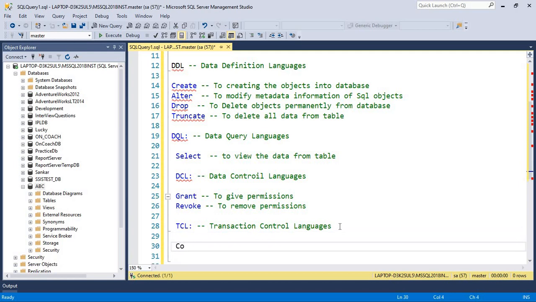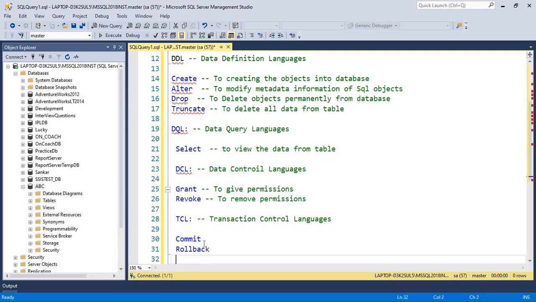Here we can see commit and rollback. This TCL is very important while doing real-time work. Okay. So transactions: commit means it will save the data. Whenever we use commit, it will save the data permanently into the database.